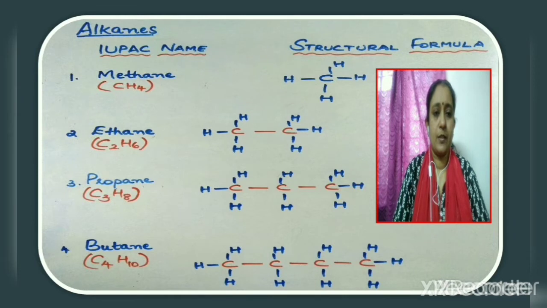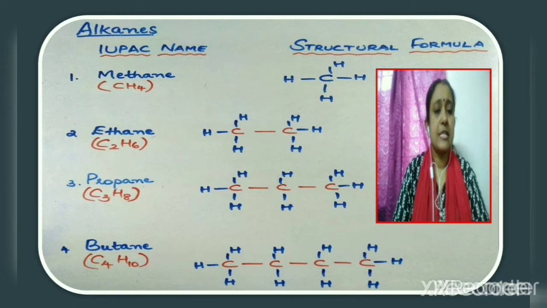alkanes. We know that the first member among alkanes is methane, and we know that it is a one carbon alkane. So to write the structural formula, we have to first show carbon at the center. You can show one carbon atom. And we should also know that the valency of carbon is 4. Since alkane is a hydrocarbon, other than carbon, hydrogen will also be present in the compound.